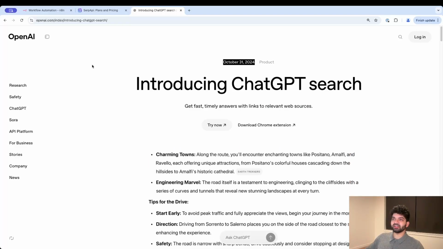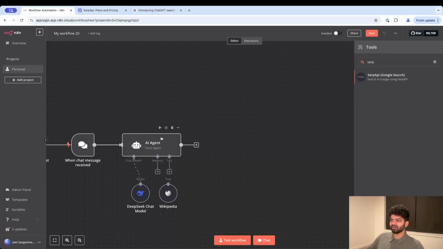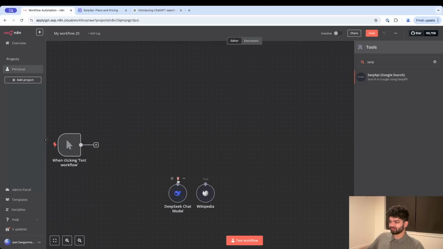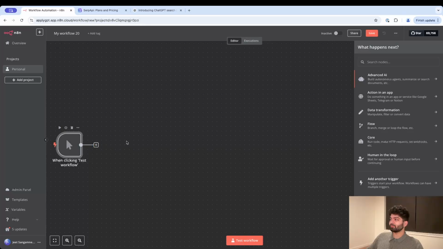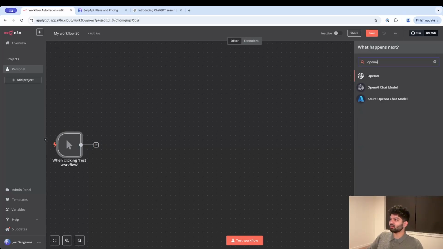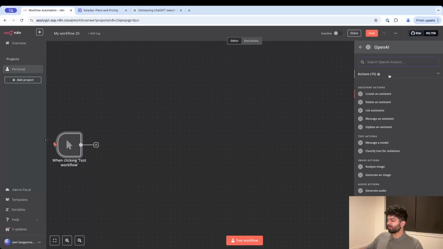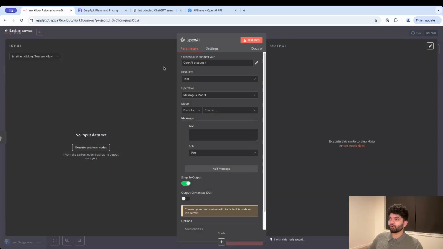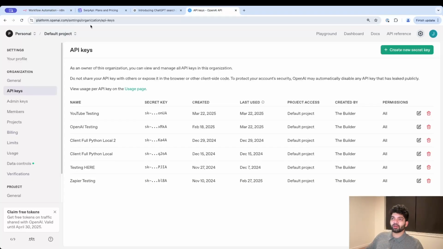Setting this up is very easy. If I go back to N8N here, scrap this module here, scrap the chat message that it made for us and these little models. Click on the plus sign, type in OpenAI, pick the regular one, and choose the message a model text action. If you've never connected your OpenAI account, click on the credentials here, create new credentials. Go to this URL here,